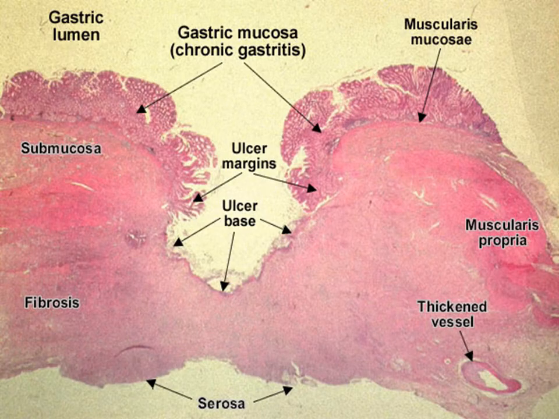In a microscopic picture, the gastric mucosa is intact on the sides, and in the central part you can see an abrupt discontinuation of the gastric mucosa, and there is an ulcer base, and beneath the ulcer base numerous inflammatory cells are seen. Fibrosis is evident. A thickened and thrombosed blood vessel is also seen in the periphery.